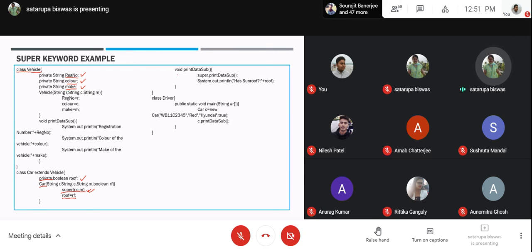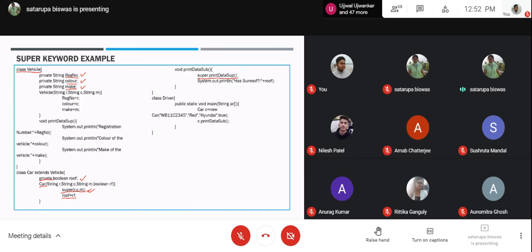After that, you have to print the data that you have registered. So printDataSub is the function that we have inside the Car class, where we are calling the printData of the superclass, and using the super keyword we are making the call. After that, we are printing the roof value, which is present in this particular class.